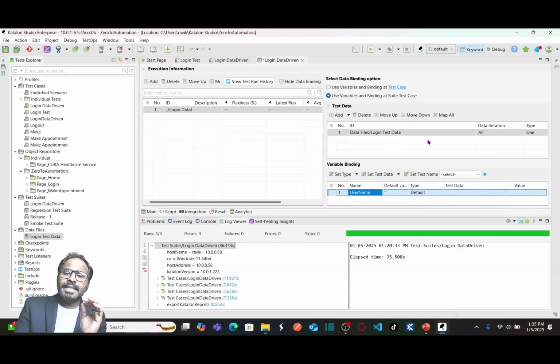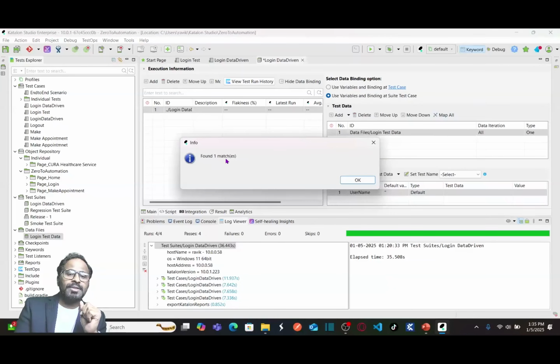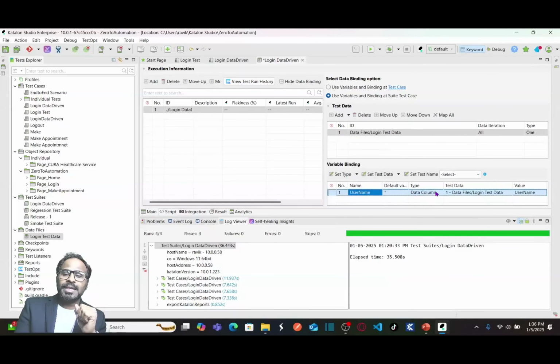So there is an easy method to bind your variables from the Excel sheet. How? You can simply select map all. It automatically chooses the suitable columns for all variables. See, as soon as I click on map all, it finds one match from your Excel sheet. Click on OK. So now you can see it automatically mapped